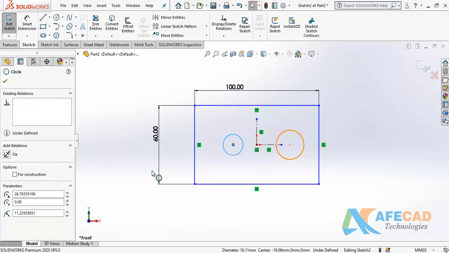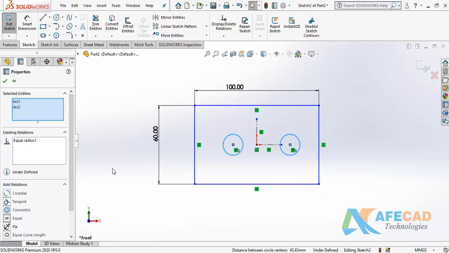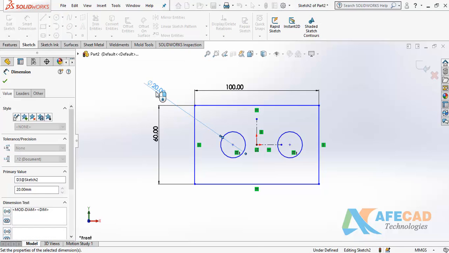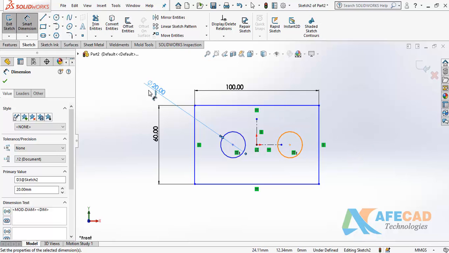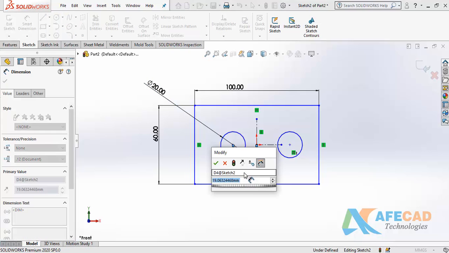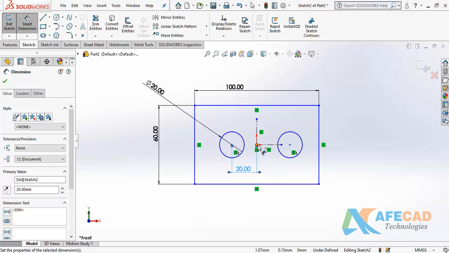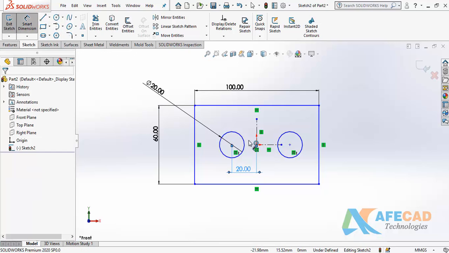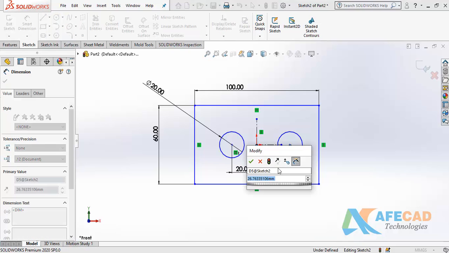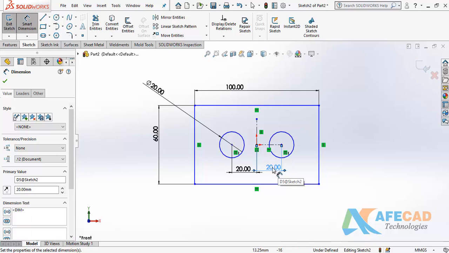I can click on both objects and apply equal, apply dimensional constraints, let's say 20. What I'm doing is applying a distance from here to here, this is also my 20, and applying a distance again from here to here, this is also my 20, this is my equal distance.